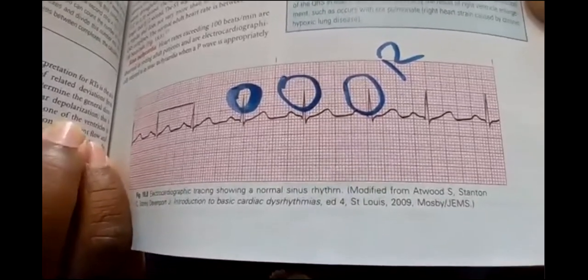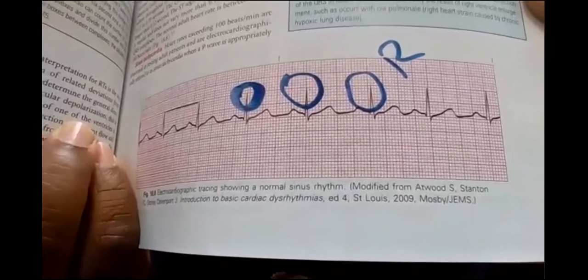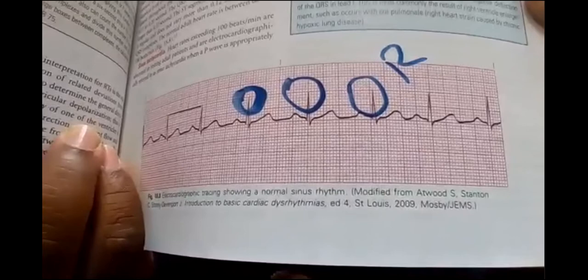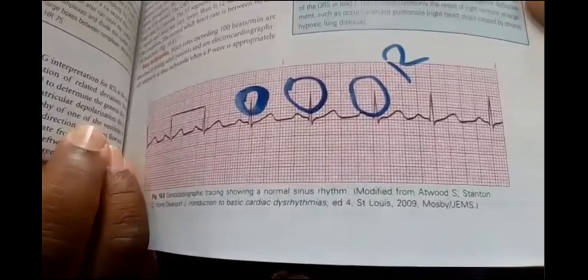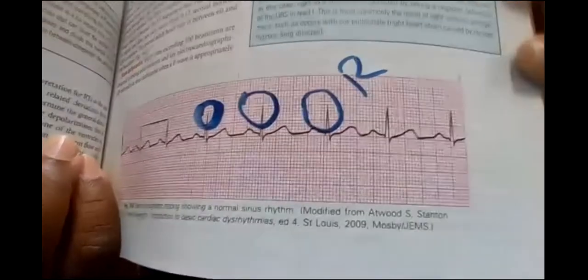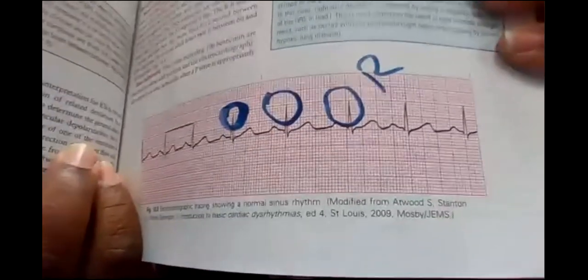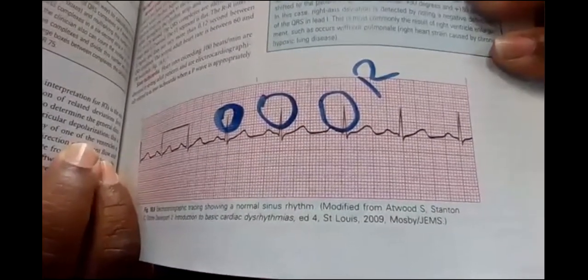Okay. So you've got little bitty boxes and you have larger boxes. When I am counting the heart rate, I am counting the big boxes in between R waves. So look at these last two right here. This one and then the next one over here. How many large boxes are in between that? So if I count the large boxes,